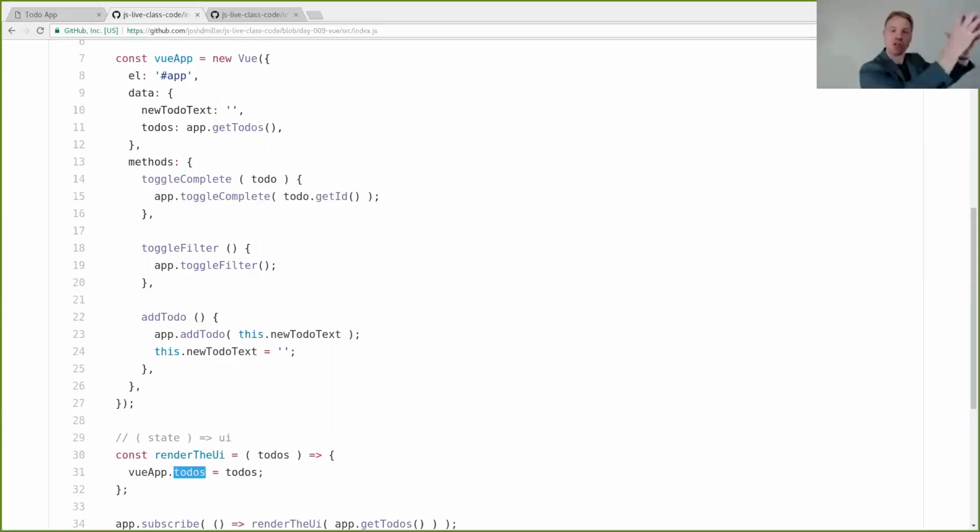Because you had a unidirectional data flow and you had one official source of record someplace, like a Redux or Flux store, if you're using one of those libraries, or some homebrew solution like we did here, where we just had this one to-do app instance that managed our official state. So we always know that the data is kind of moving in that direction. With Vue, it's sort of like that, but a little bit looser. So why is that displaying that piece? Well, it's displaying that piece because that's what's on its data object. Why was that on its data object?